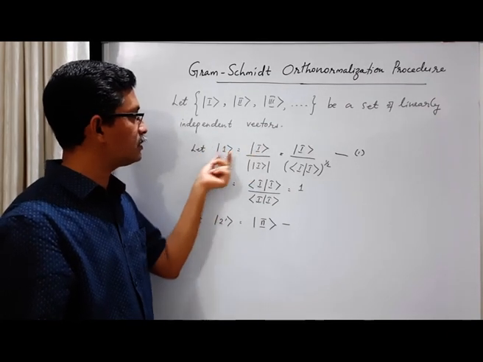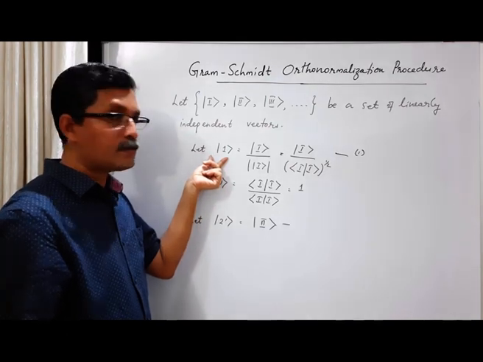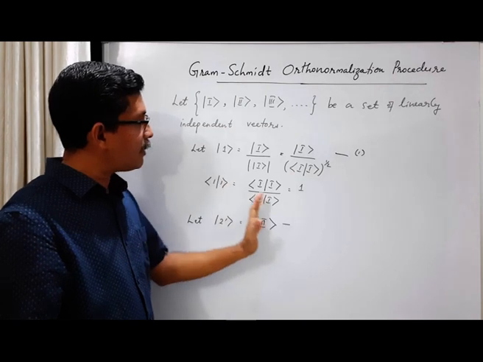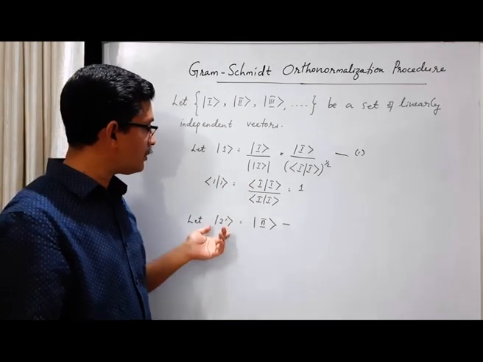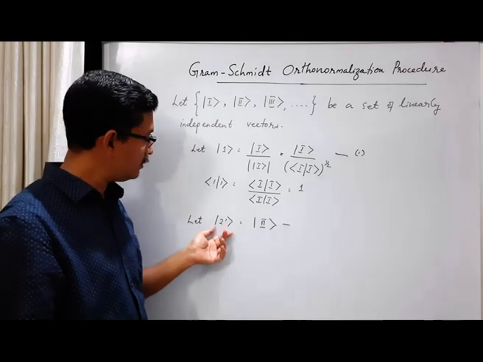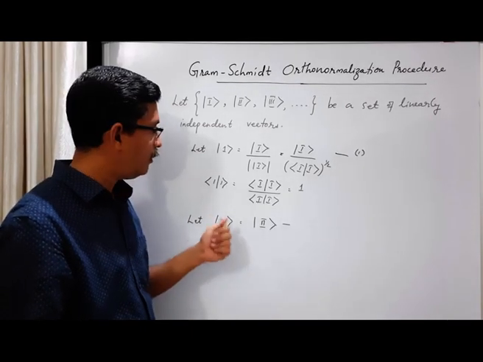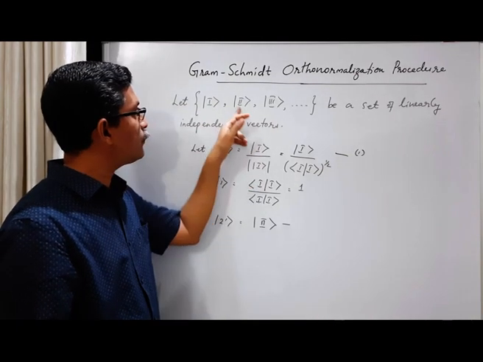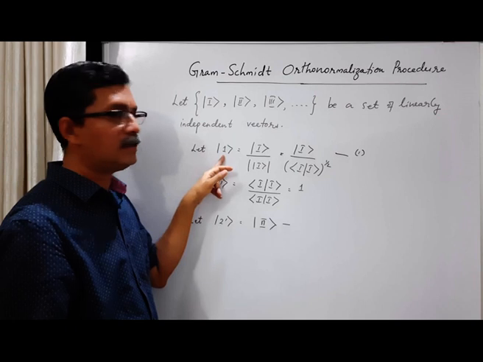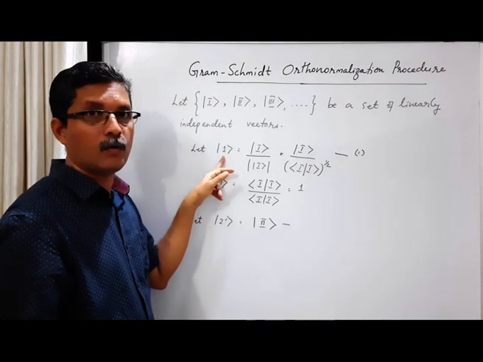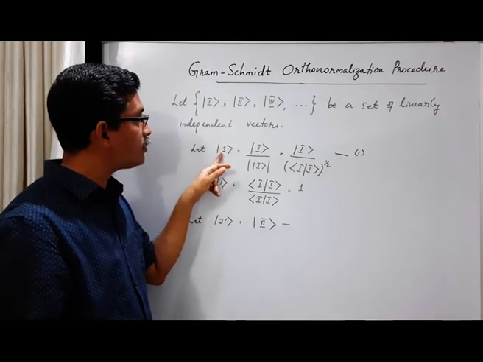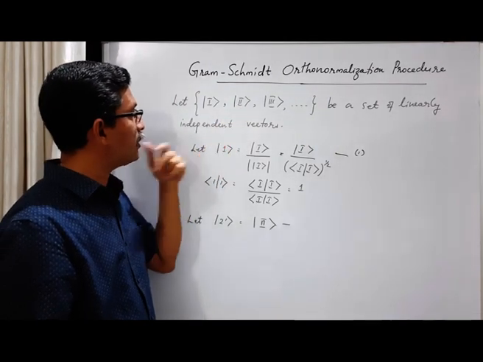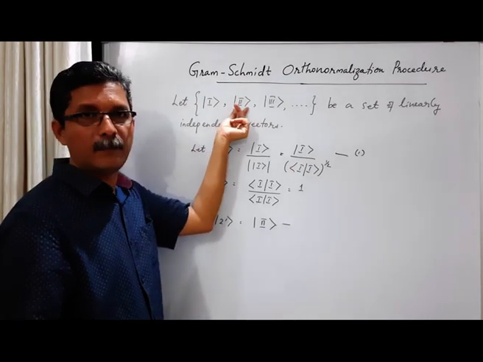Now we don't have to worry about this. Let us consider this one. Instead of small vector A, we have this one. Once you subtract the component along the first vector, whatever remains will be perpendicular to that, and this vector I call 2 prime. So what is the component along the first vector? How do you find the component of ket 2 along the direction ket 1? You have to take the inner product of ket 1 with ket 2.